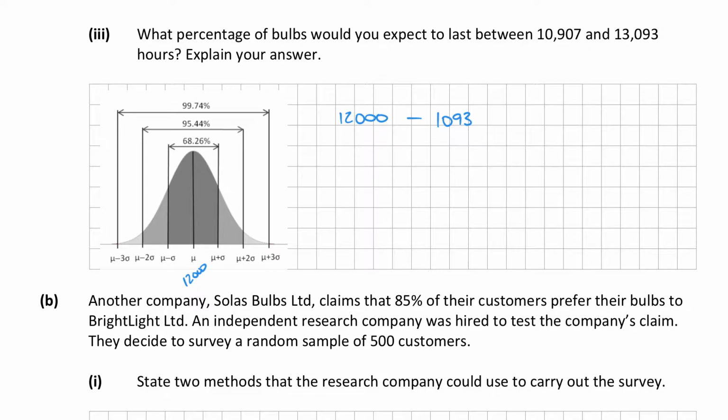That will leave us with 10,907. So that would be here, 10,907. If we went forward, we'd have 12,000 plus one standard deviation, which is